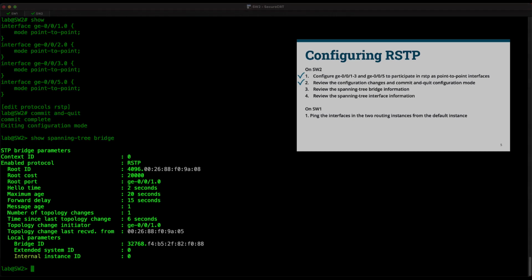In this output, we see a lot of useful information. We have the bid of the bridge that this switch believes to be the root. This is clearly switch 1's bid since it has a priority value of 4096. Recall in switch 1's configuration that we manually specified the bridge priority to 4K or 4000. Further down the output, we have the root port on this bridge, which is GE001, then our configured timers for